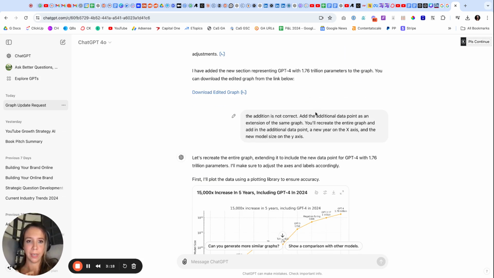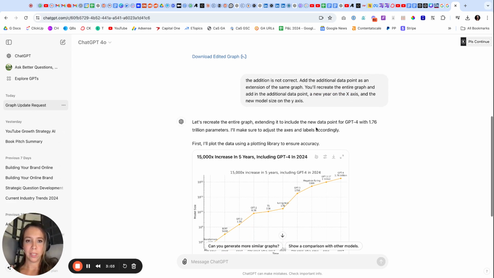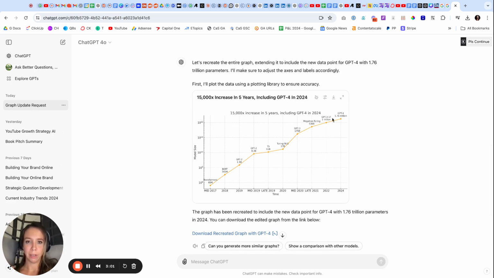So what you want to say is add the new data point, which is for example, a new year on the X axis and a new model on the Y, and X is your horizontal axis. Once you give it that specific data, it'll recreate the whole graph for you. You can download that, and